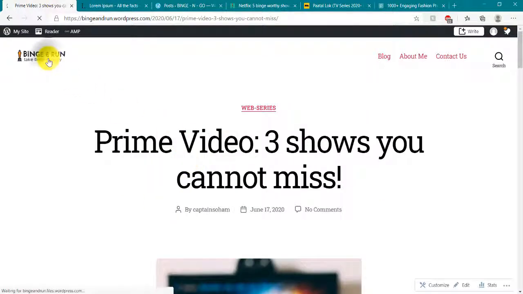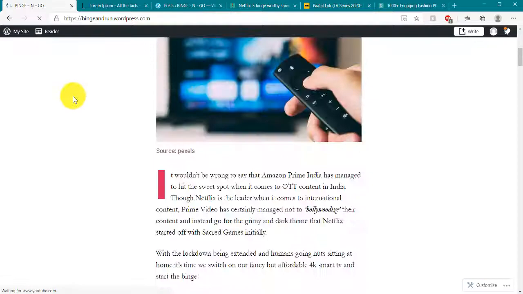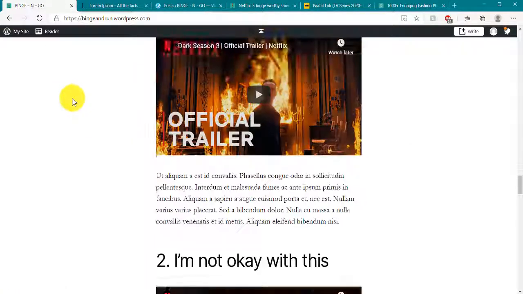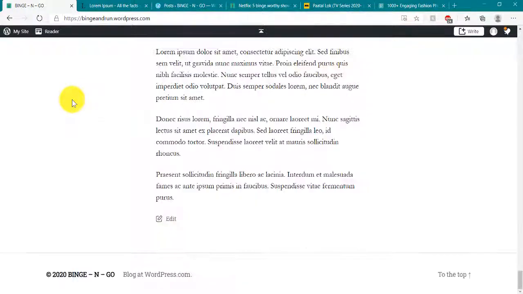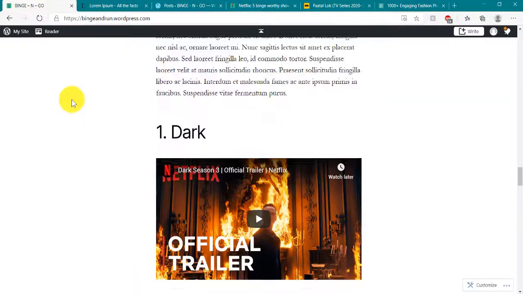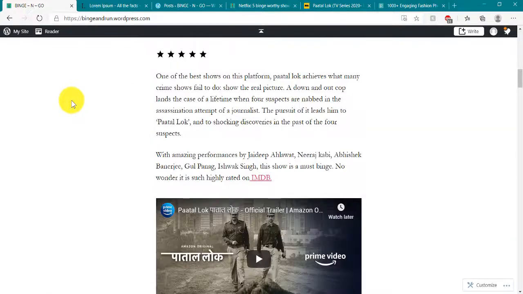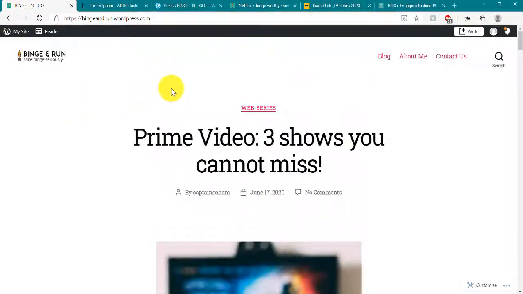Because if I go to my home page, I have this article, then I have another article. I want to categorize them and be able to see all my articles at a glance. Before that, let's see that this is categorized under web series, right? From uncategorized, it is categorized under web series.